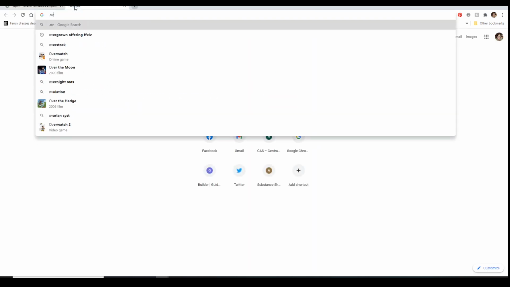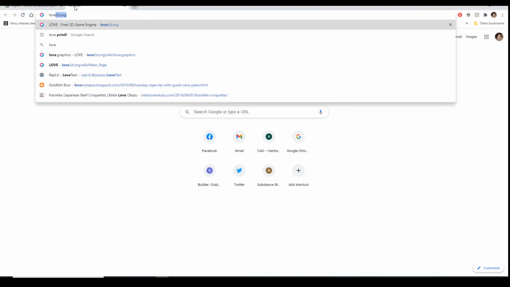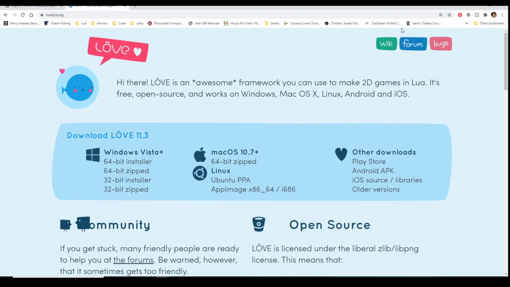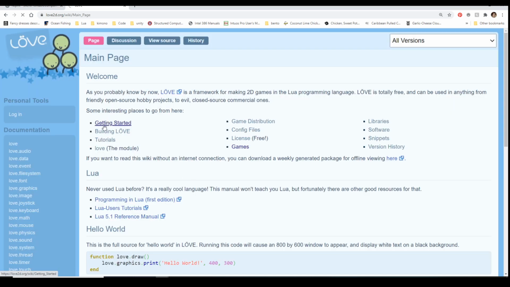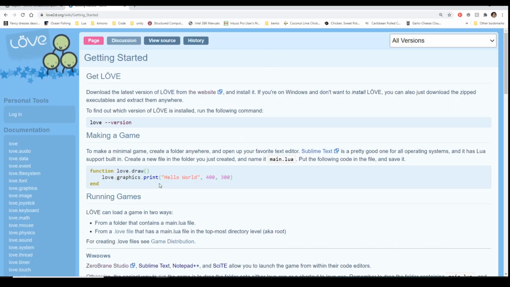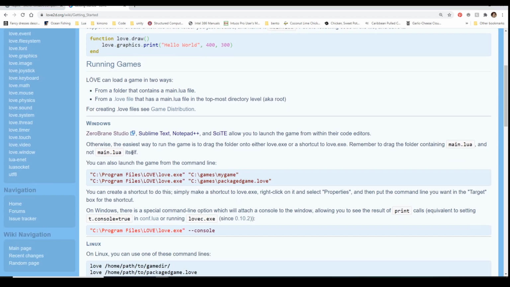If you go to love2d.org, you have to download actual Love, but you also come into the wiki. There will be a getting started button, and they will talk about ZeroBrane, which is not free. It's like $24. Don't get it. Sublime Text, Notepad, Cited, IntelliJ, Atom, they all have add-ons for Love and Lua.